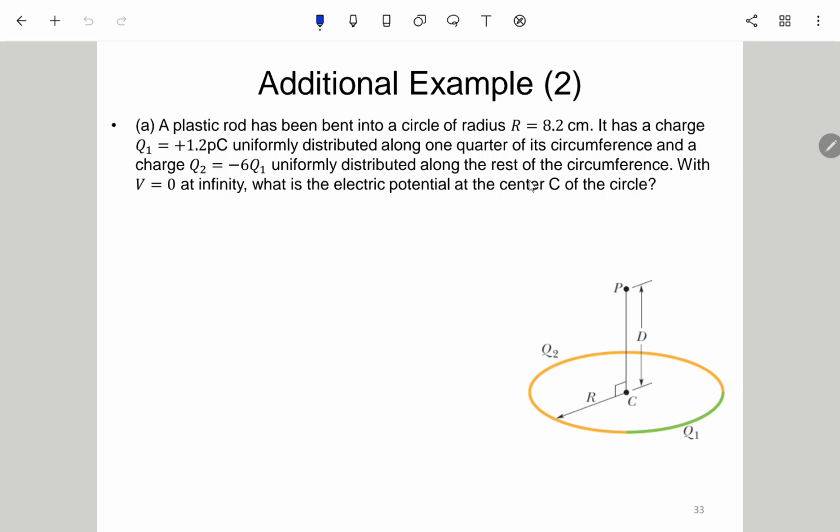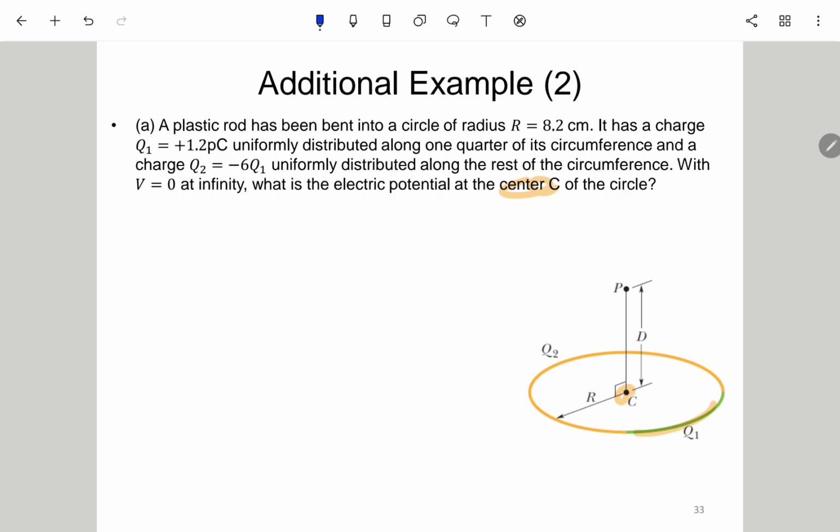OK, 所以就是说 Q1 的话就是占了四分之一角了啊，占了四分之一角，占了一个 quarter。OK， uniformly distributed 的，就是均匀分布的，在这个四分之一角的圆周上面，然后剩下的 Q2 的话在剩下的3/4啊。rest of the circumference， 那就问你在这个 C 点，OK，C 位，OK， 在这个 C 点的 potential electric potential 如何？